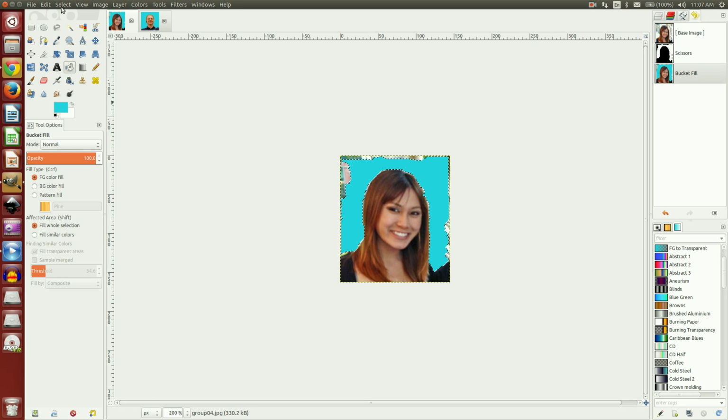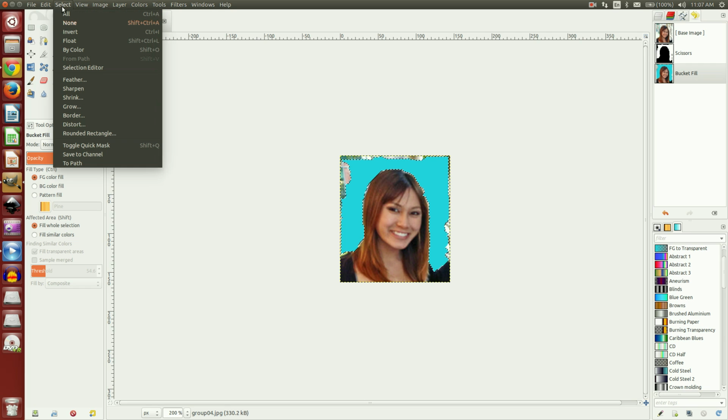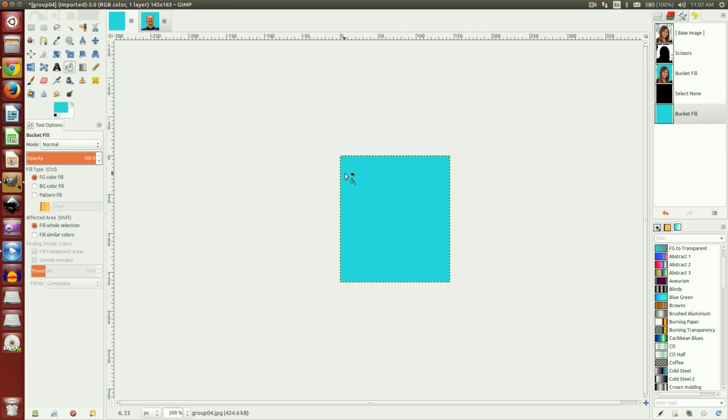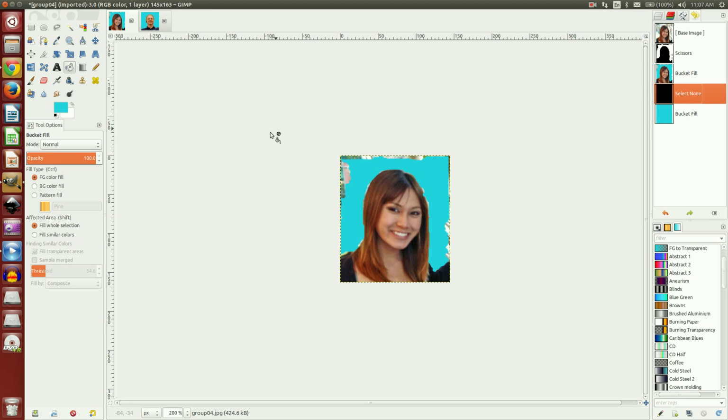Next, I'm going to come back up here, select none, and I'm going to go back and catch these other areas. What happened? I had fill whole selection chosen. So I'm going to come back here, undo the last step,